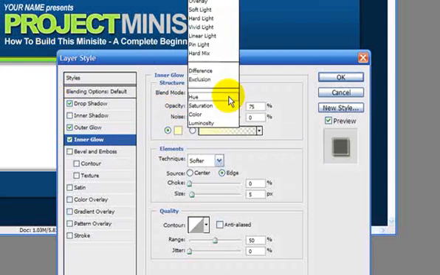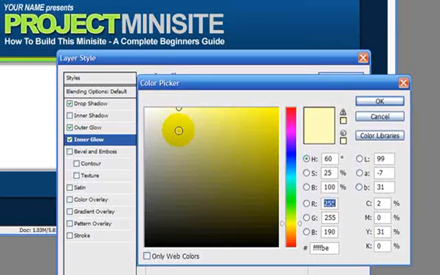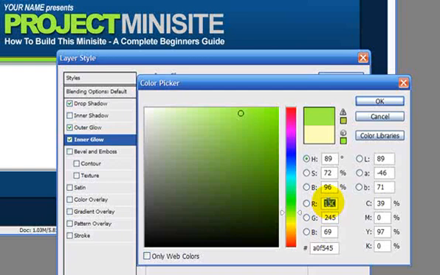So the inner glow, the blend mode needs to be normal. The opacity is 75, and that's good. The thing we need to change is the colour. We just need to change this to that green. What we could do is click anywhere on the green that exists, and that would choose the colour that we want, but it can vary a little bit depending where you click. So what is best, I think, is if we just type the correct numbers in there, which are